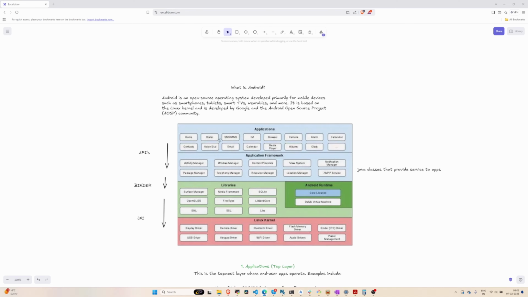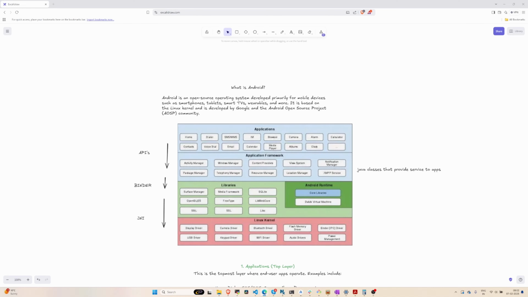Users directly interact with these applications. Applications are developed using the Android SDK, either by using Java or the Kotlin language. Then we have